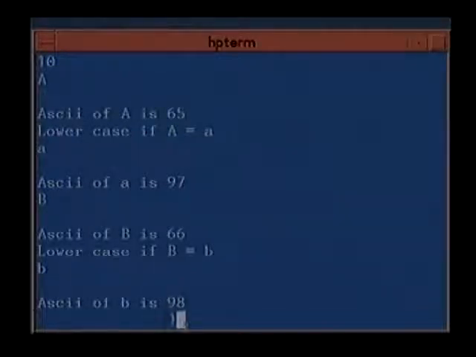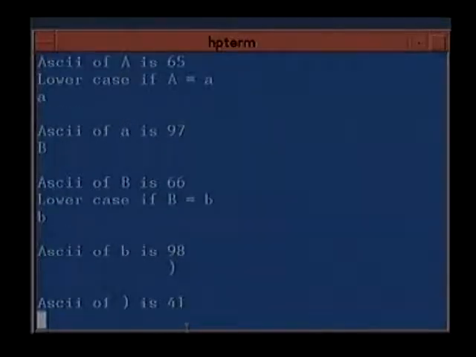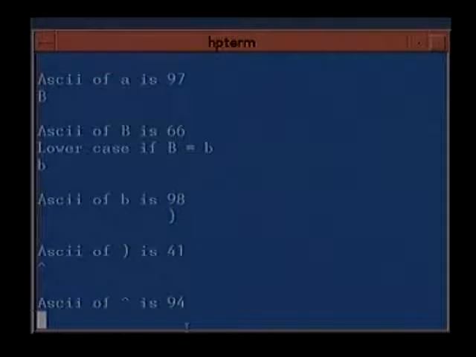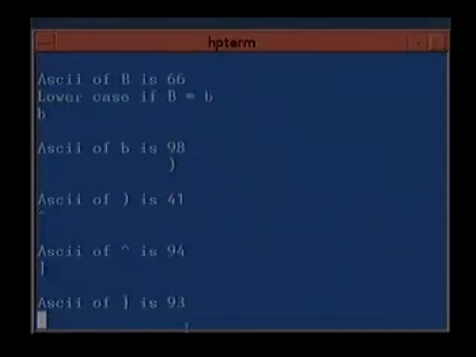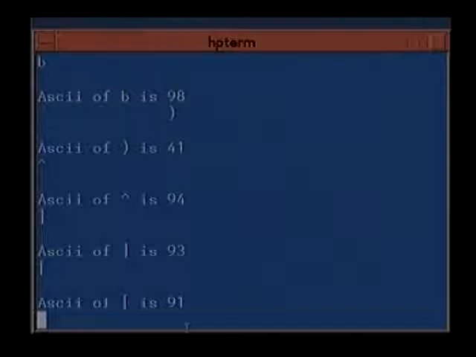Actually, you can get ASCII values of various other characters also. Bracket closed. Look at this, 94. There was a gap between 90 and 97. See, this one is 94. There will be others. I think this one will give you 93. This one will give you 91. And you can get several characters, all these. Then beyond 122, you have got some characters. See, this one is 92, and so on.